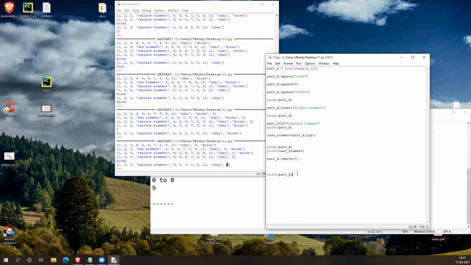So when I use sort, let's say, as it is an internal method, it will modify the contents of this list. You don't need to do any assignment statement. It will do the sorting now.